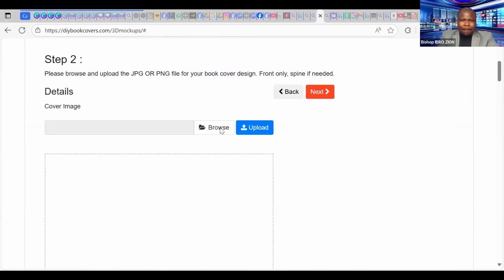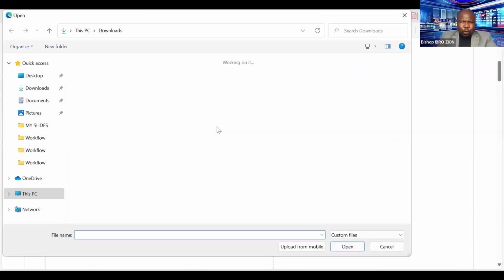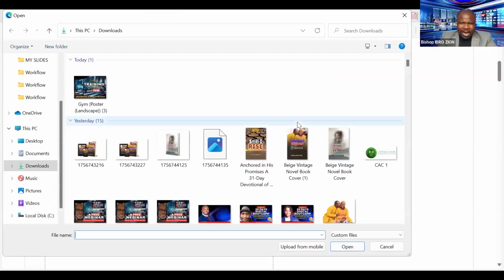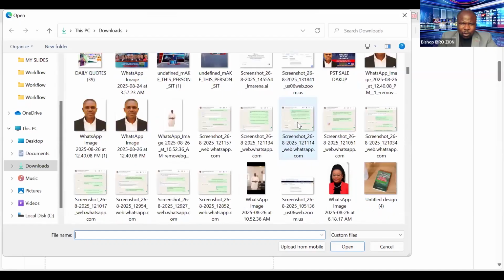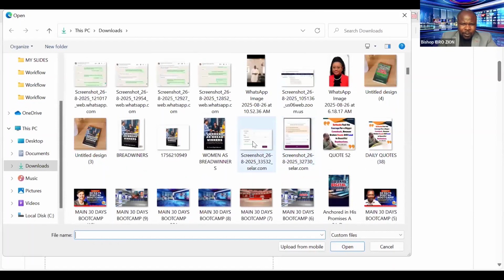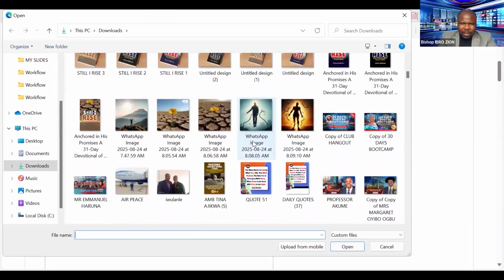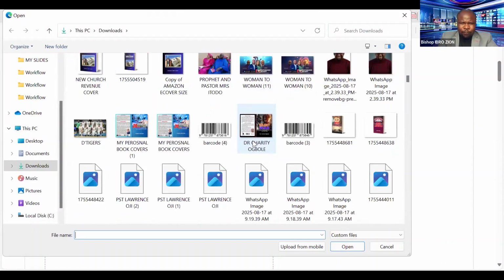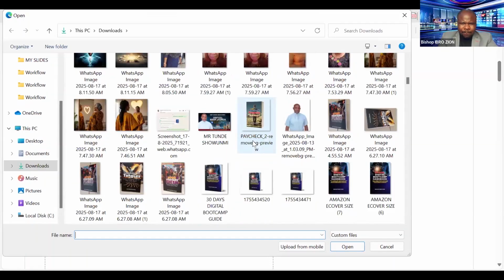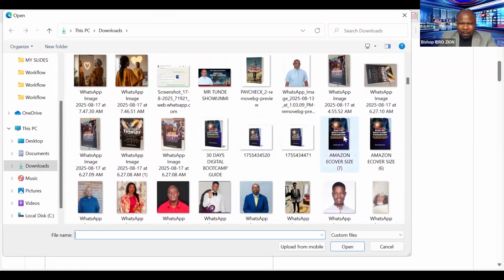It will bring you here where you can browse to pick the cover design of the book itself. So what I'm going to do is to search for the cover design. And I want to pick a cover design that is related to our boot camp. We have a handbook that we're going to give to everybody who registered. As long as you're a registered participant, this is the manual. So what I need to do is to click it